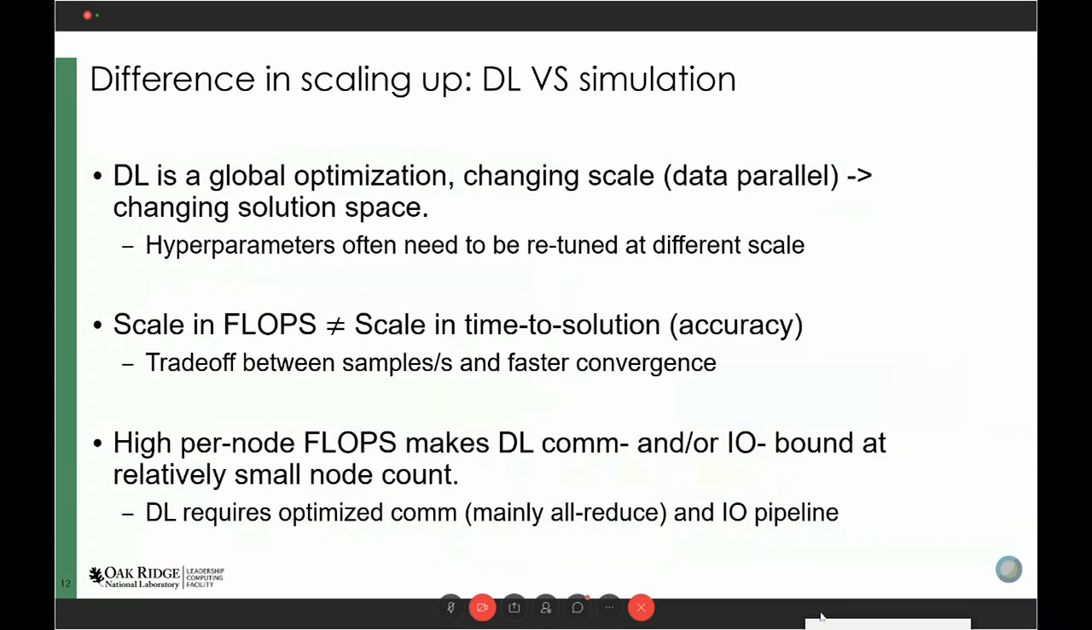So before talking about some technical details, I want to share some considerations about the difference in scaling up deep learning and simulation, because my background is actually from simulation. So deep learning is actually a global optimization. So when you do data parallel, when you change scale, when you add more nodes, you actually change the solution space, which means the hyperparameters such as batch size, such as learning rate, etc., usually need to be tuned at different